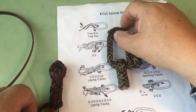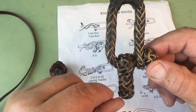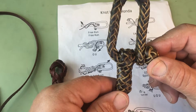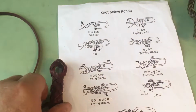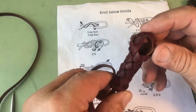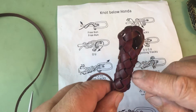This will be the third time I have done a video of tying this knot below a rawhide Hondu. The first time I tied it with this black rawhide and put it below here, and I didn't like the quality of the video, so I cut some latigo lace and did it out of leather and videoed it. And this dark latigo, I didn't feel you could see the strands good enough, so I'd like to do it